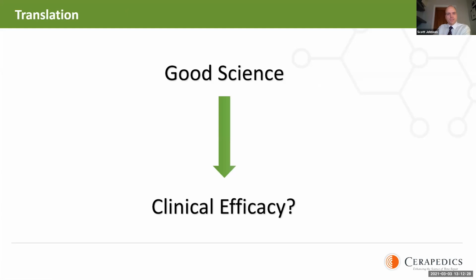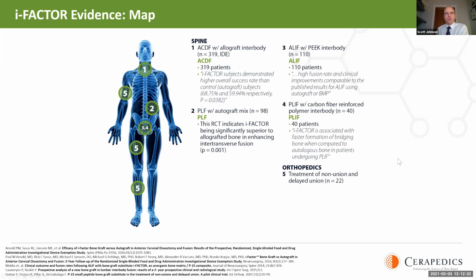Critical question, does all this science really translate into clinical efficacy? Well, iFactor is supported by a wealth of clinical evidence across a number of different application areas, including our pivotal ACDF study through to intra-patient control studies and also experience within orthopedics as well. And I'll just take a little bit more time to quickly review some of the key highlights from some